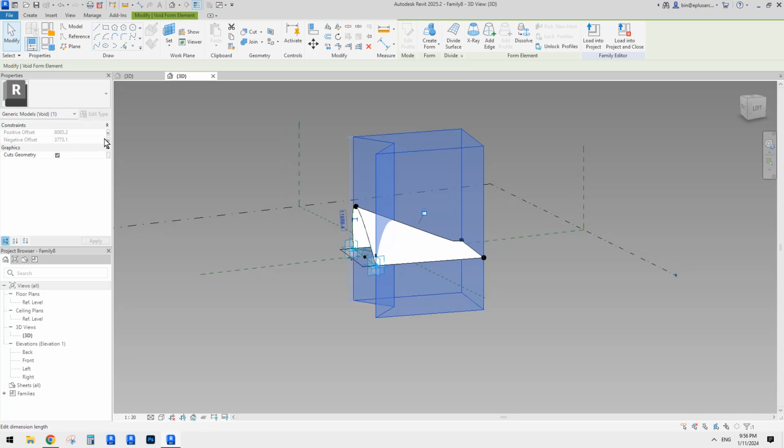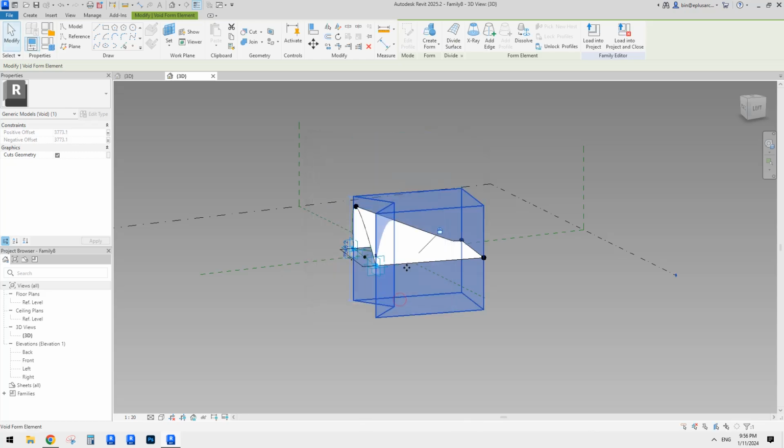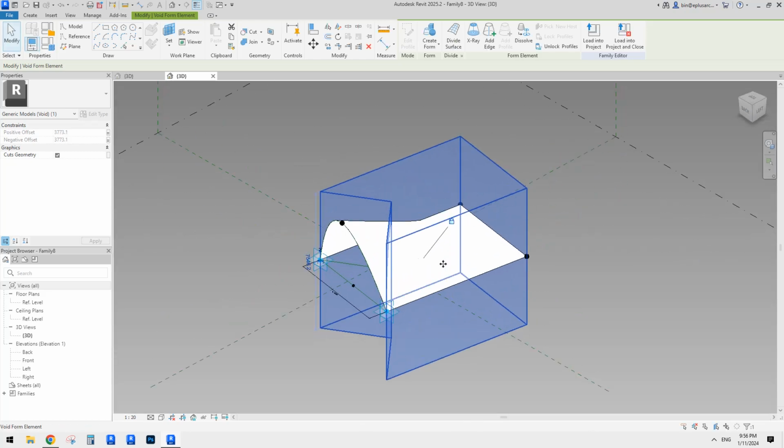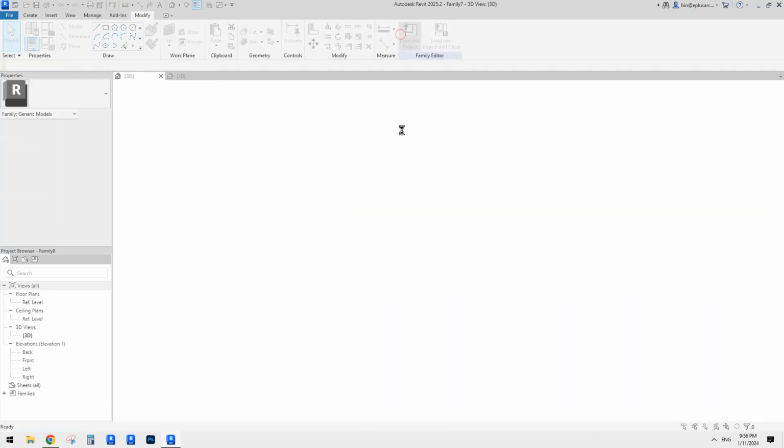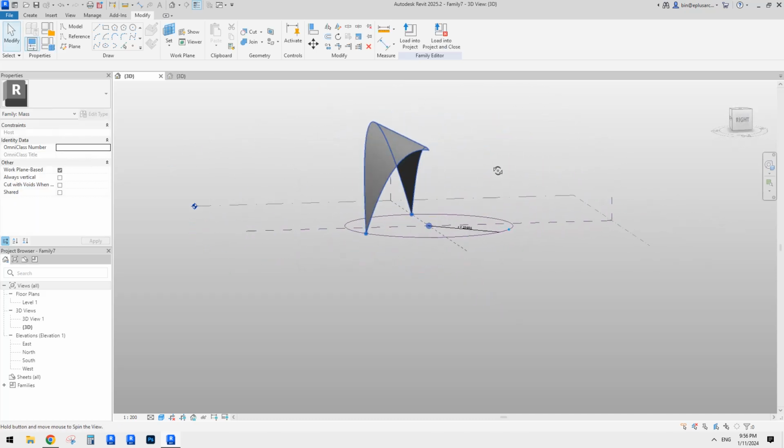Anyway, so hang on, this one's wrong. Which one did I use? Offset. Okay, sorry, wrong one. That's better. Okay, so now let's load this one in here, override. That's better. So now you can see it will